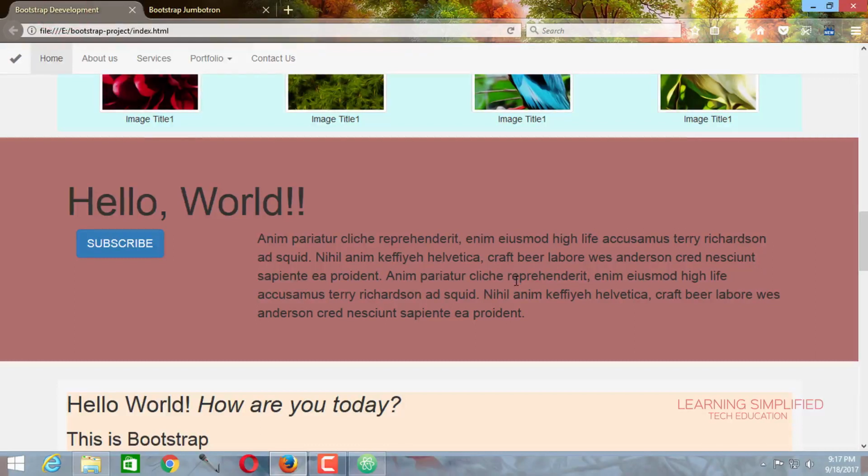Bootstrap Jumbotron. This is the part that we are going to understand in this tutorial. It actually helps you in displaying your contents as a summary on the top of the page, and that is why it is very important to know how to build this Bootstrap Jumbotron. So stay tuned and watch the video till the end.